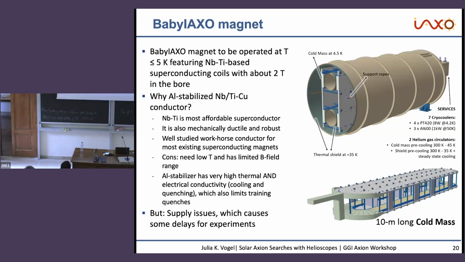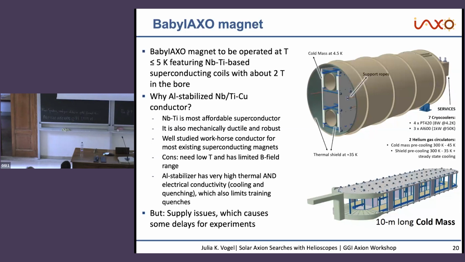Well, the niobium titanium is the most affordable superconductor, and it's mechanically ductile and robust, so it can be bent into the shape we need, but it can also hold the strains that the strong magnetic fields will put on it later. And it's been well studied. It's a very well-known material that basically most of the existing superconducting magnets use. It needs the low temperature, which is somewhat a disadvantage, and it's limited in the field range, but it's acceptable